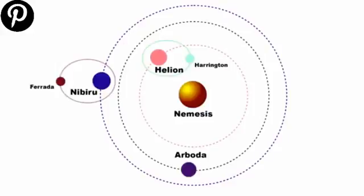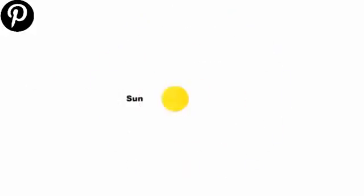To get an idea of how large the Planet X system is in relationship to our own system, let's overlay one upon the other. To do that, we begin with our own sun. Next comes Mercury, then Venus, our own lovely third rock from the Sun, Earth, then the mysterious red planet, Mars,